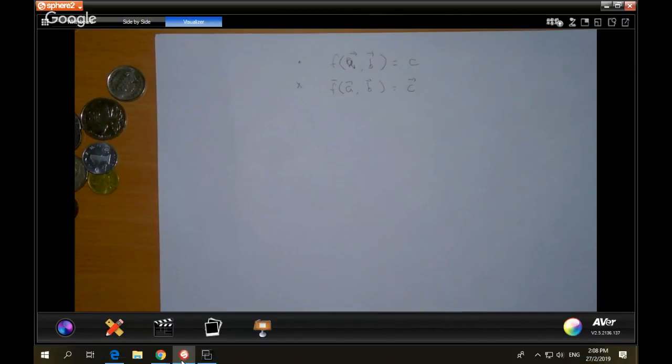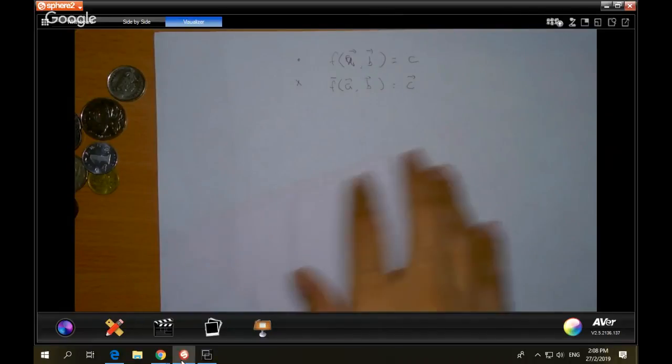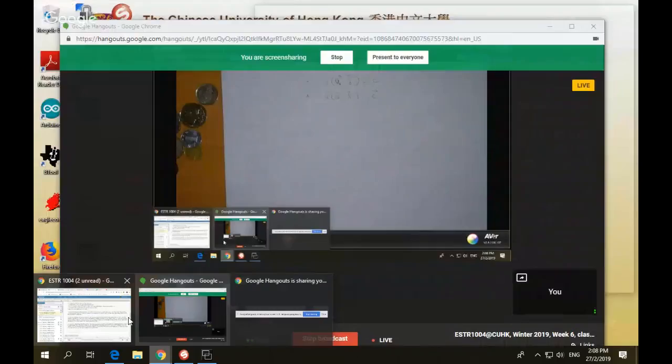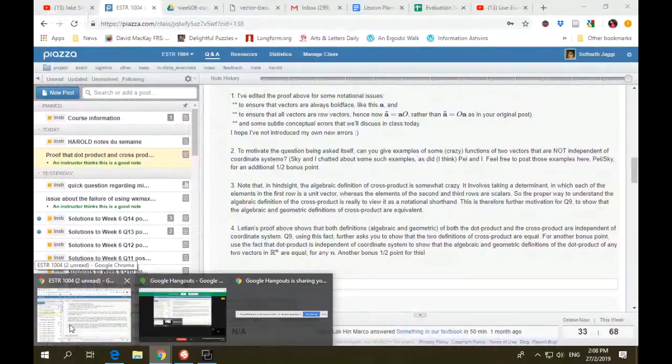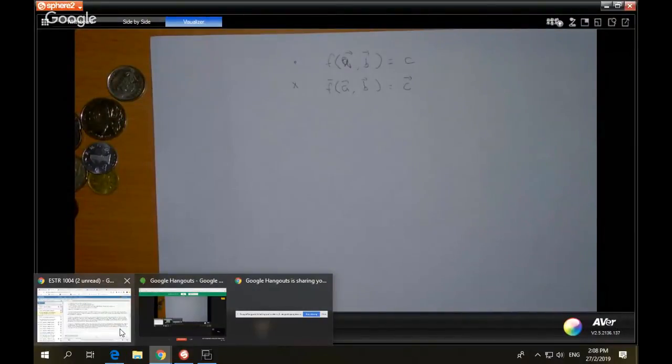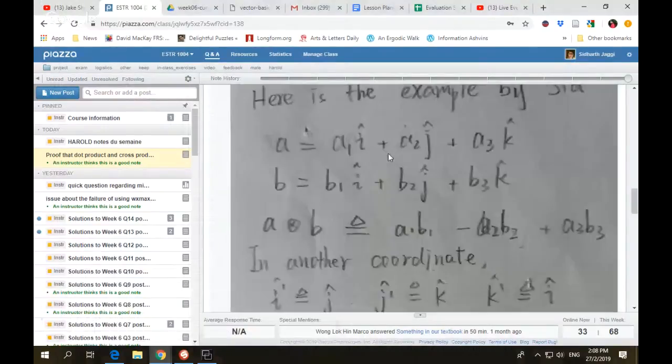These specific things are called bilinear functions. So maybe those functions are also independent of coordinate system. And here in this example that Pei gave, and actually Sky was also involved, so all 3 are getting bonus points, Pei gave an example of a function,